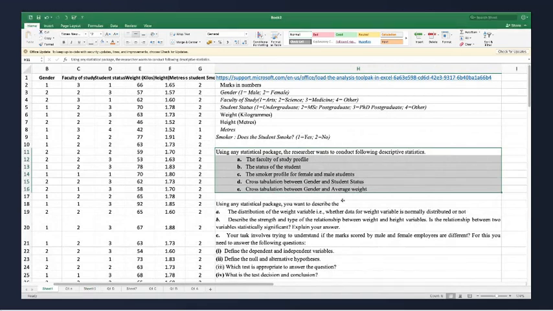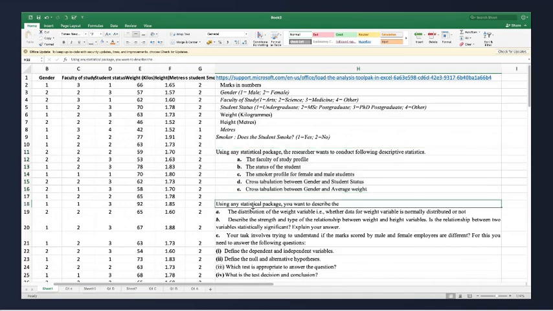Fine. Now we'll move to the next part, part number 2. First thing we have to understand is what it is saying in the second question. Okay, before that, any questions? No?